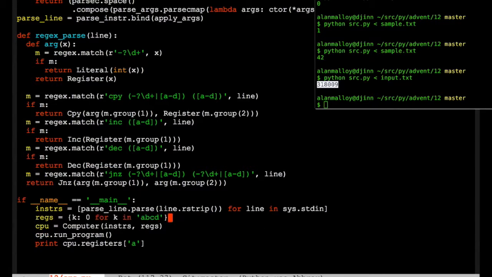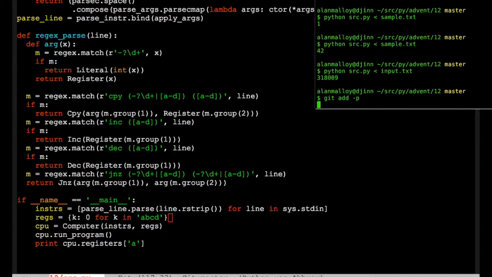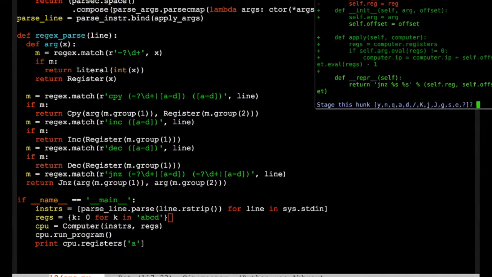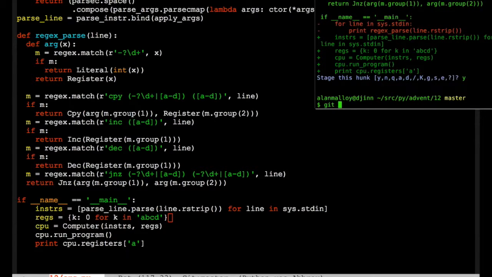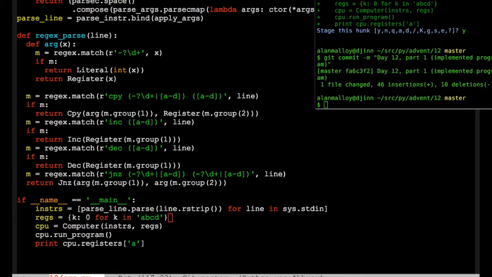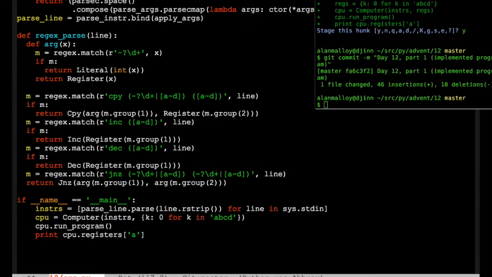Actually, stop. Let's commit. Git add. I don't know, we have some changes. What did we change? We implemented the program, basically, since last time we committed. Day 12, part 1. Implemented program. Okay, now we can inline this into here. And then let's say CPU 1 equals this, and CPU 2 equals computer